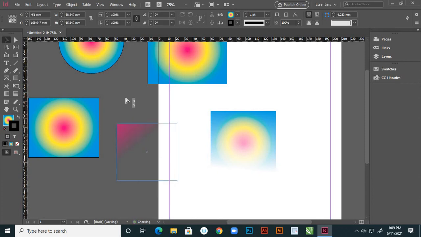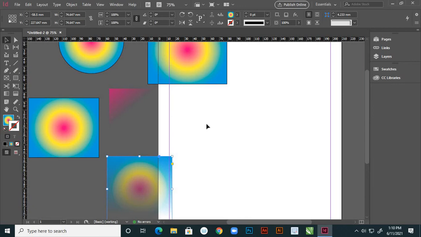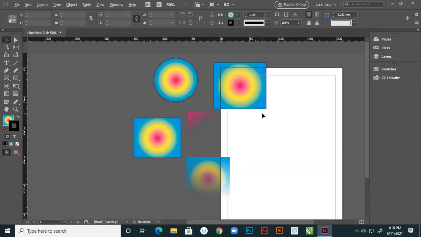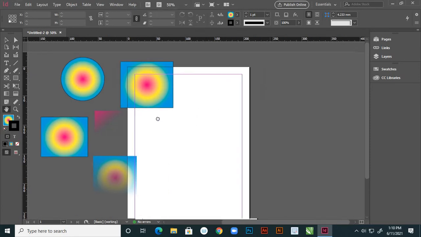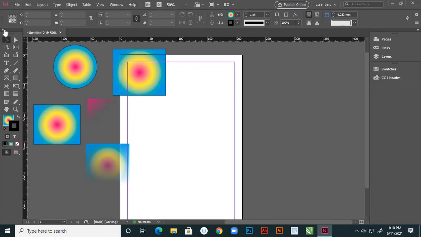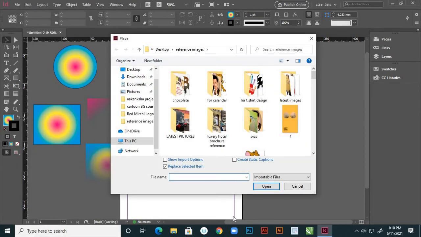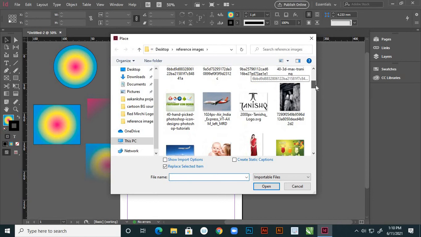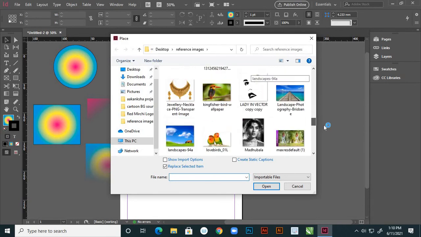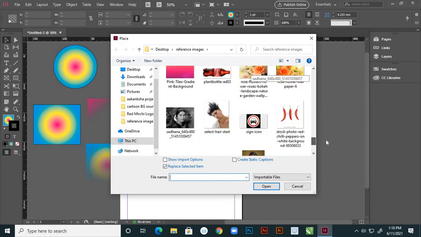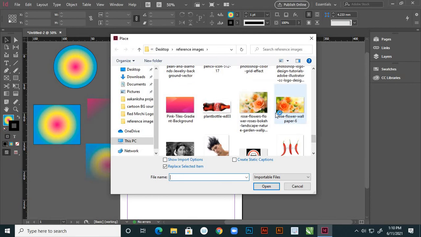And suppose by clicking here, remove this outline, a more clarity you will get, right? Beautiful. Sometimes we use this gradient feather. The same thing here I'll apply on image photograph, right? We'll check what will happen. And again from file, and suppose place, yes, I'm choosing this one or this one.